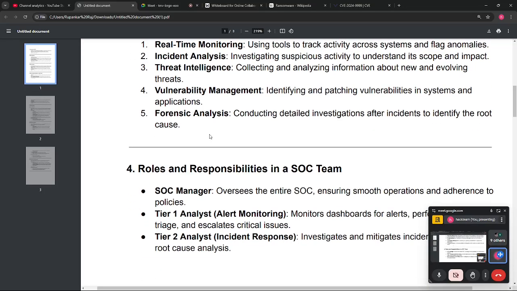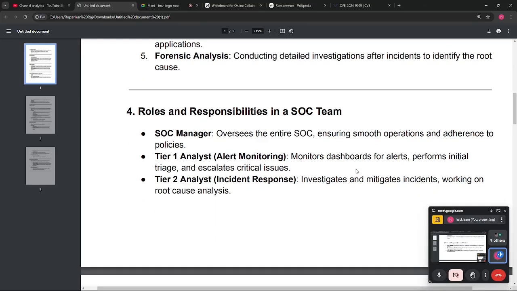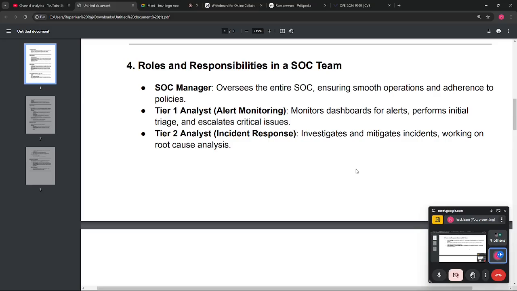And after that, let's move to what roles you can get if you are planning to join as a SOC. As a SOC, this is a very collaborative environment. You will be working in a complete team, and it consists of a lot of specialized roles, and everyone is focused on specific aspects of cybersecurity. Some may be doing penetration testing, some may be detecting the threats, some may be analyzing the threats, someone may be responding to the threat. So it's a complete teamwork.